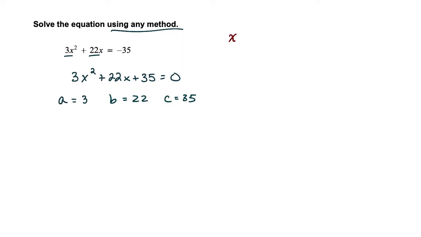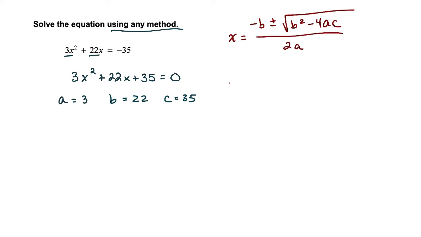Use any method. There's my ax squared plus bx. My c's on the wrong side here, so let's get that thing equal to 0. Then I'm not going to try to factor this. That 3 causes a problem, and that 35, 3 times 35 is 105. No, I'm not going to deal with that, so I'm going to just write down a is 3, b is 22, c is 35. And unless you're super experienced, I would always just jot down my quadratic formula